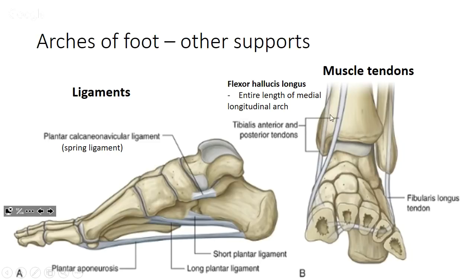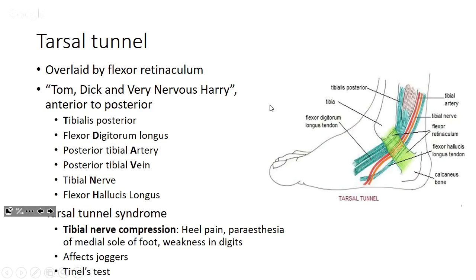And as for muscle tendons, you can see you have the tibialis anterior and posterior tendons that help support part of it, and the flexor hallucis longus actually moves along the whole length of the arch, giving it support. You can see that these other two tendons, the fibularis longus and the tibialis anterior, provide almost like a stirrup. So imagine like on a horse, and you've got this which will help pull it up, keep it up. Yeah. So I'm not sure how much yield that has, but in case you wanted to know,